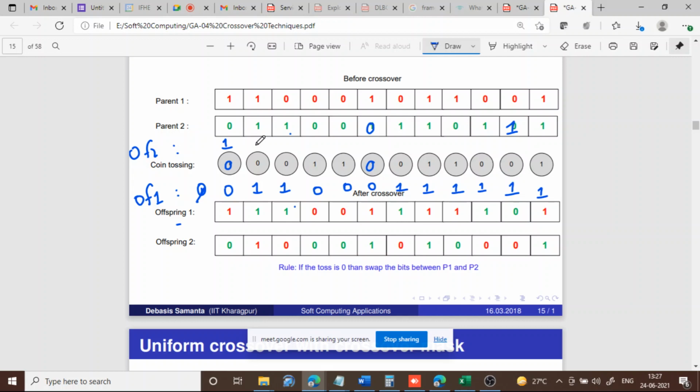This is 0. Coin toss is 0. So it should come from